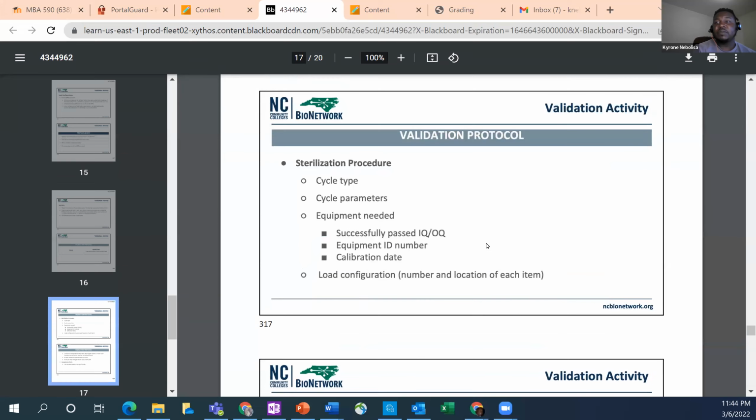All right. So now going more in depth of the validation protocol. As you're going, now we're going to the sterilization procedure. So we'll go in and discuss the cycle types, cycle parameters, equipment needed. Before you go into your PQ, which you're in now, you have to successfully pass your IQ,